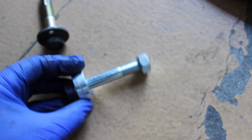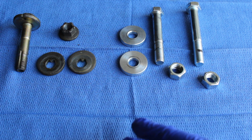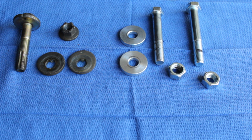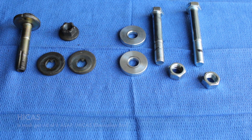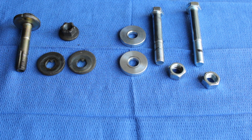Off to now installing the lockout kit. Alright guys, so here we are. I went ahead and removed all 4 of the eccentric bolts. Just to let you know, if you are a HICA model, you only have 2 bolts to remove, and that's going to be the bolts related to the rucka. And if you're not, then you're going to be taking the rucka and the toe, so pretty much the rear upper control arm and the toe rod